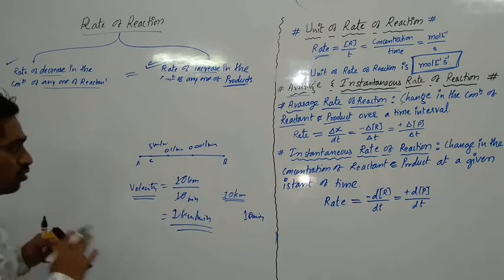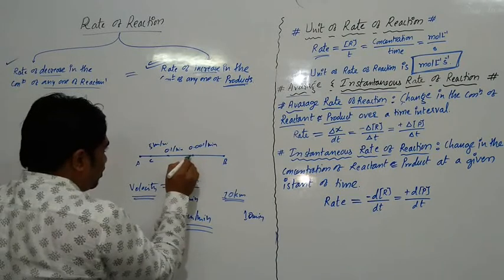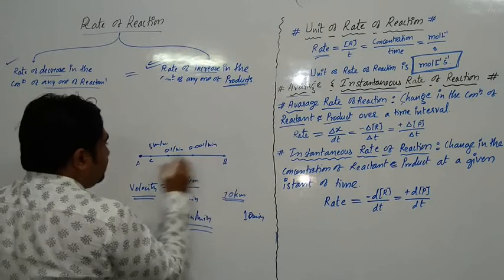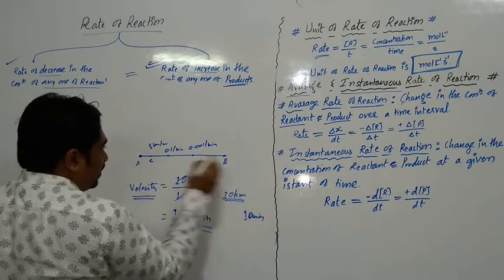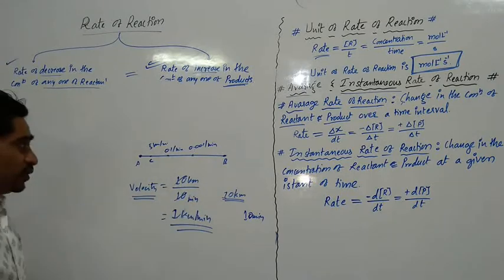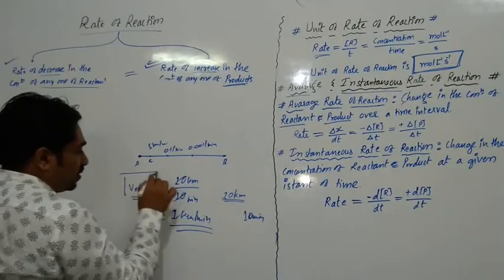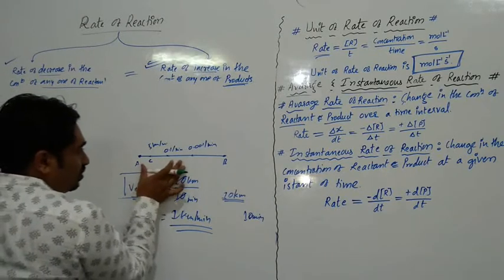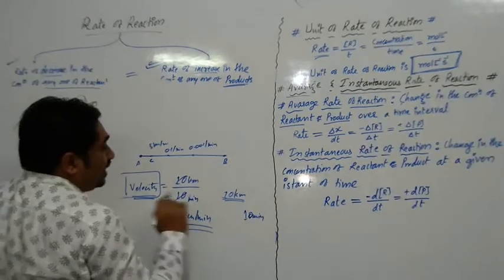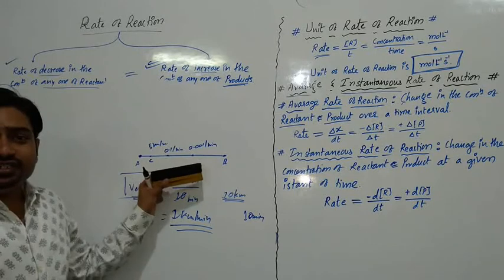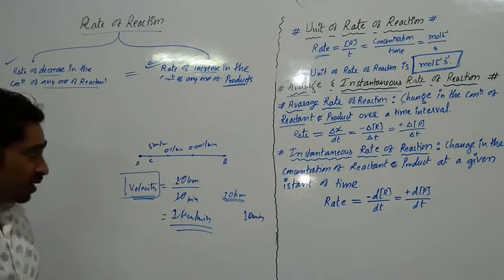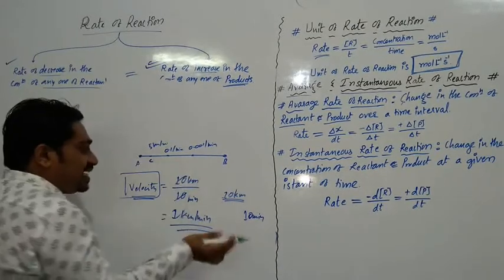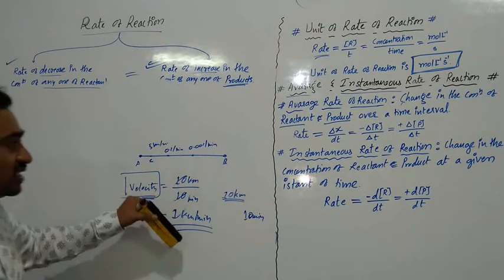So, isn't it? We are not bothering about the velocity of the vehicle at a particular point, but we are bothering about the time taken by the vehicle to reach point B from point A. So the velocity of this vehicle is nothing but average velocity. We can call it average velocity, meaning the velocity of the vehicle in a given interval of time. There may be change in the velocity of the vehicle, but we are not bothering about that change; on moving from A to B, the total time taken by the vehicle decides the velocity. This is called average velocity.